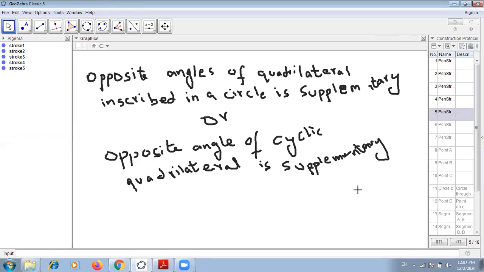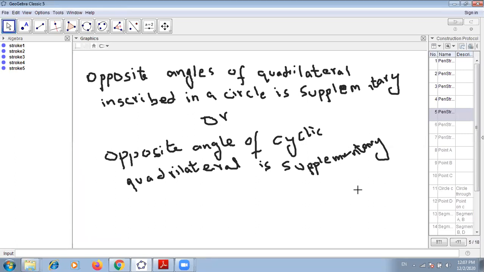So, in today's lecture, we discuss the theorem related to circles, that is, the opposite angles of a quadrilateral inscribed in a circle are supplementary. A quadrilateral means a four-sided figure inscribed in a circle. That quadrilateral should be in a circle, and all 4 points of the quadrilateral should be on the circumference of the circle. Supplementary means that the sum of its opposite angles should be equal to 180 when all 4 points of the quadrilateral lie on a circle.